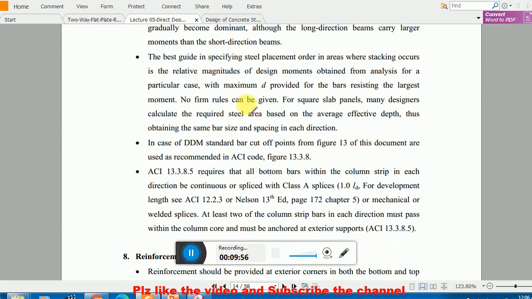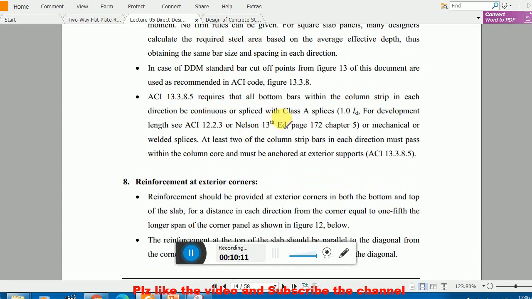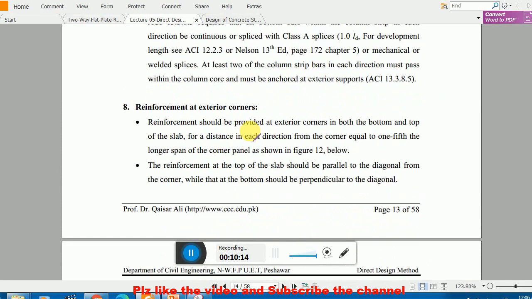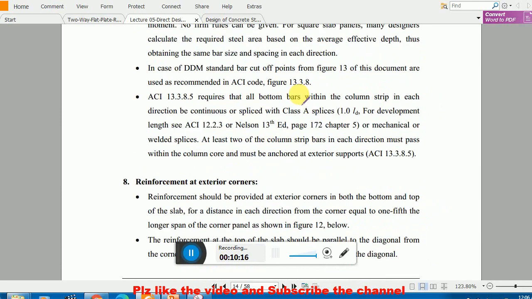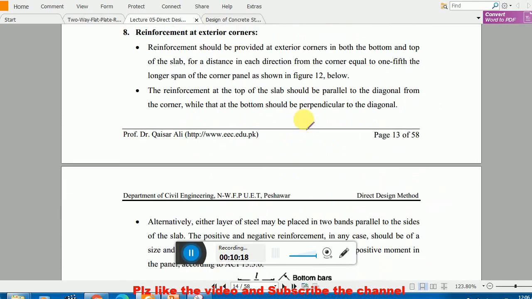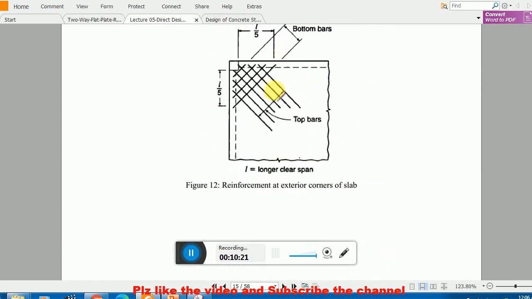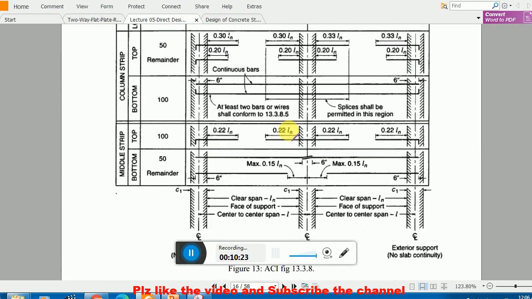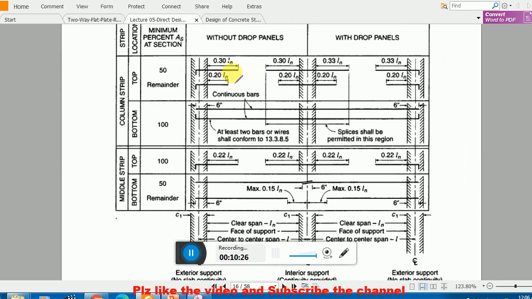And remember, there are some points regarding detailing. I have recorded lectures number 7 and 8, almost a 1 hour lecture, explaining the full detailing of a DDM flat slab system. But here, remember, we have beams. I also explained the torsional reinforcement in those lectures, and these are the cut-off bar points. Although you know L by 3, L by 4,